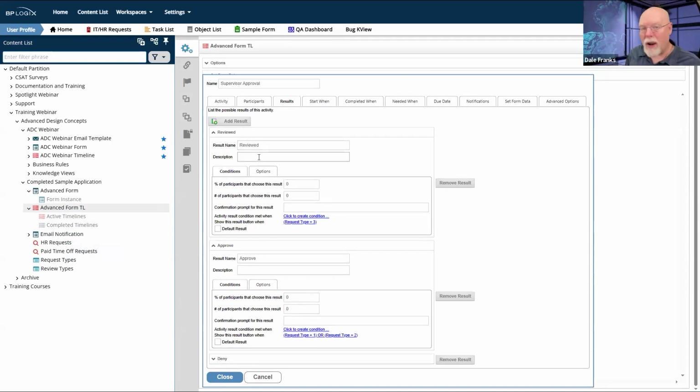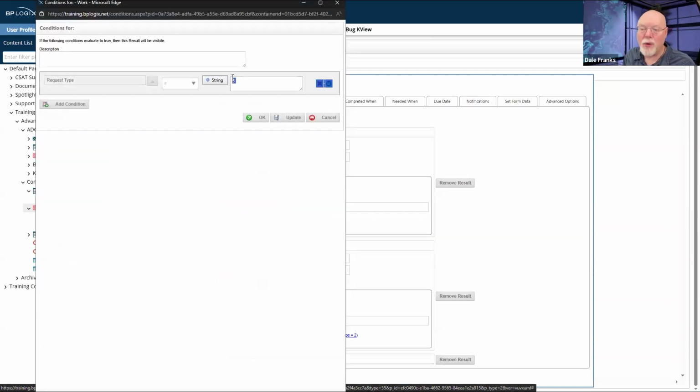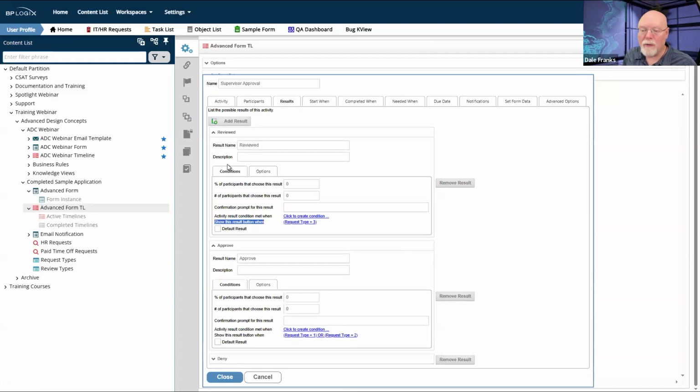Now, the way that I enforce the different results that I see at each stage in the process is to use the "show this result button when" property and to determine whether or not I'm going to show the button based on the request type it is. So if it is request type 3, which is a complaint, I'm going to show my reviewed button, which is basically the only button I'm going to see.